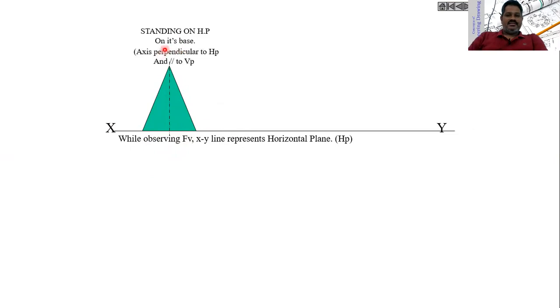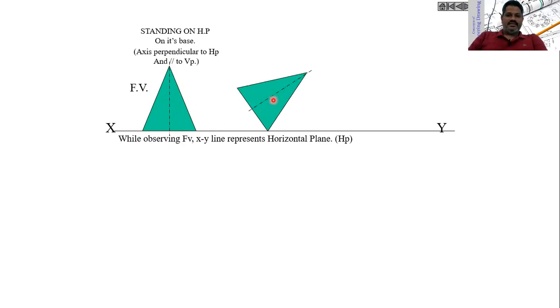Then, as I said, the axis is perpendicular to HP. When a cone is resting on HP on its base, then the axis is parallel to VP and perpendicular to HP. In this case, when a cone is resting on HP in such a way that the axis is perpendicular to HP and parallel to VP, it looks like this. That means the front view looks like this. Then